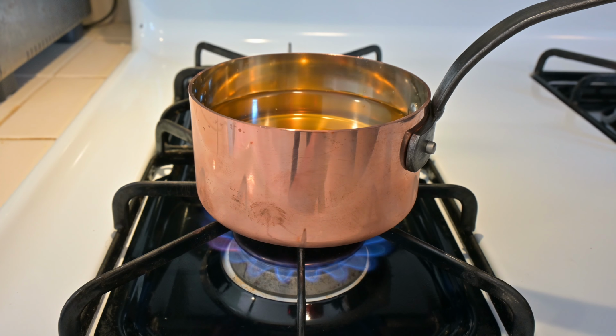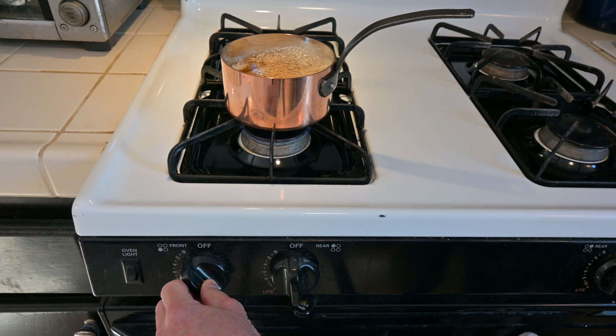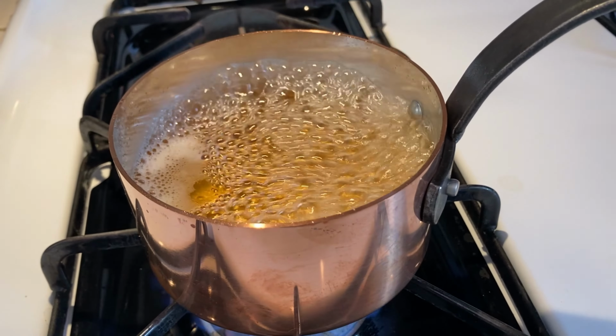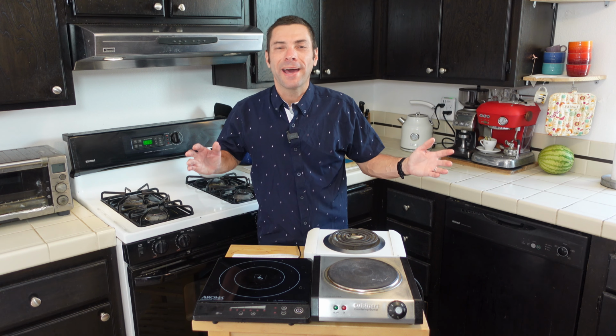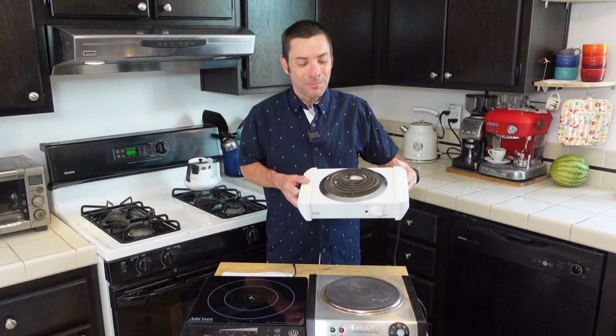You never need to worry about lag time or latency issues with gas stoves because when you turn it down, the heat goes down. When you turn it up, the heat goes up. And this is especially true when you are working with highly conductive cookware such as copper, where the reaction is immediate. Now, electric stoves are a far broader category, and they range from everything from something very simple like this